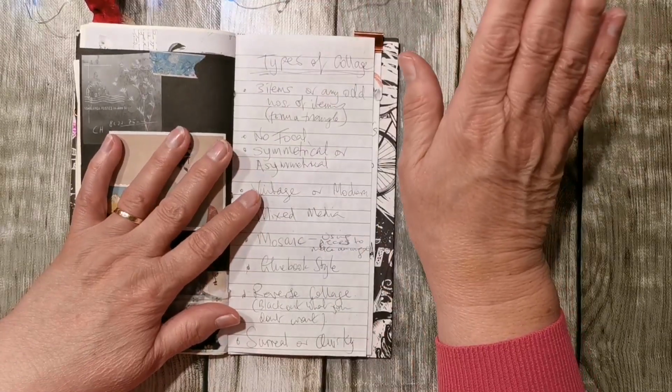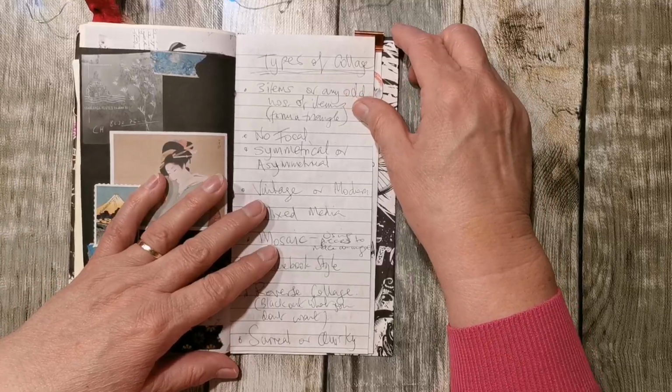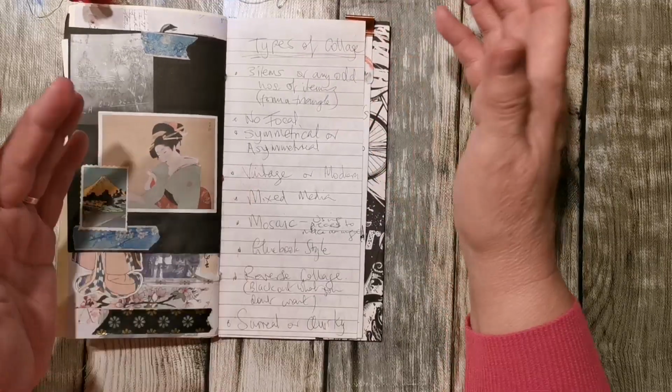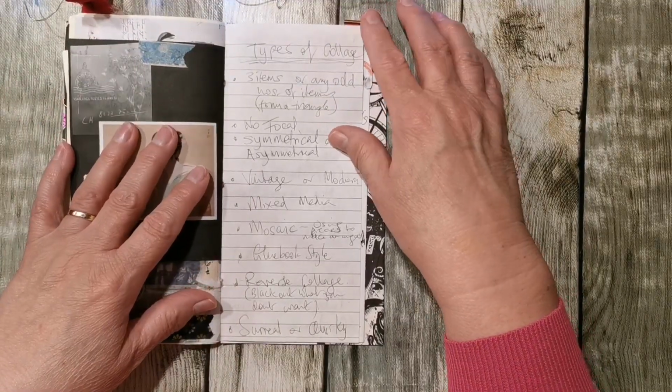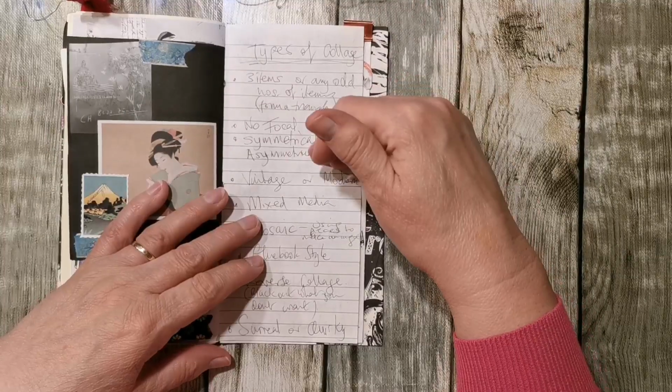I've never done anything like it. I've seen some of them and they're absolutely amazing. I don't do anything like that. I can only show you what I do. But there are lots of other things that you can do. I quite like